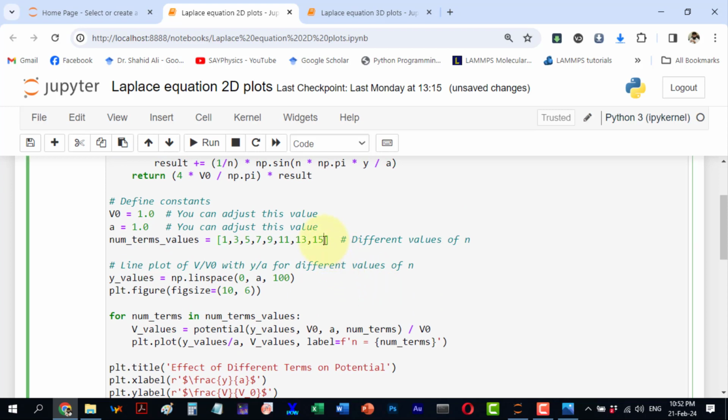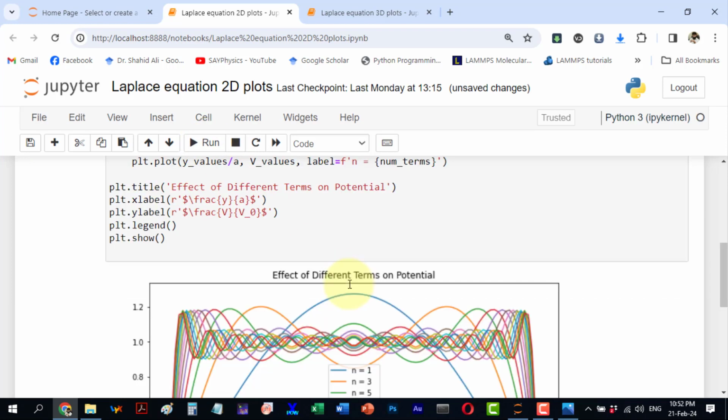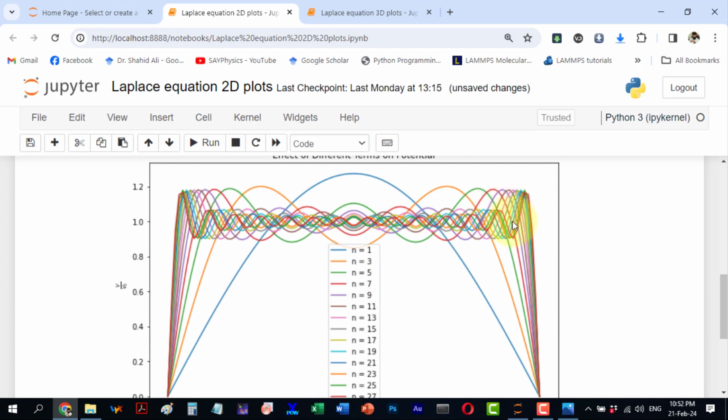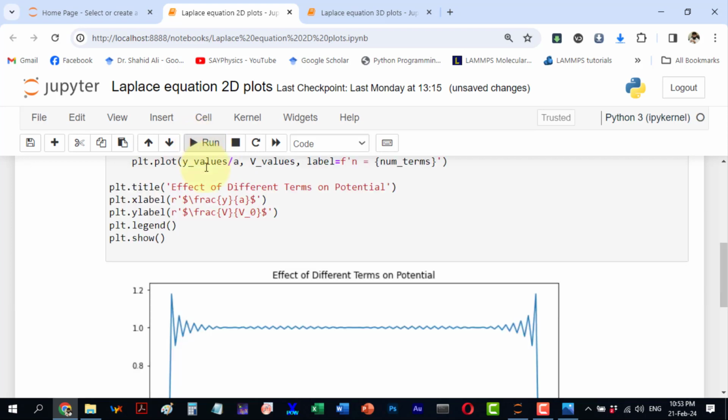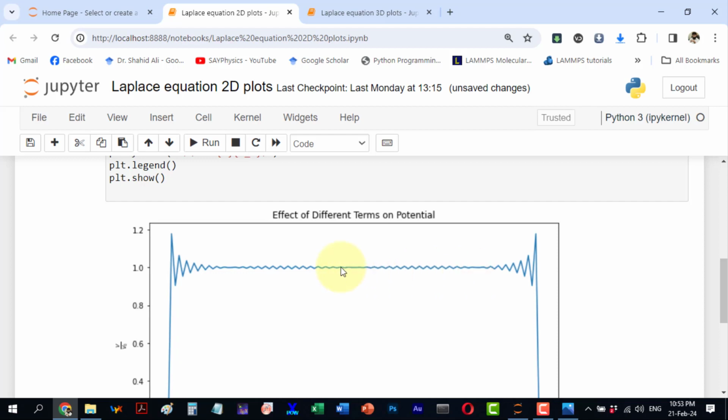And if I add more terms like 17, then 19, then 21, and so 23, 25, and 27, for example, and I run this, and now I can see that it is becoming more of a straight line here. Now let's say I have plotted all those numbers individually, and as the book is reaching almost 100 terms, let's say I reach 101, and then we can see that it has almost become constant here,